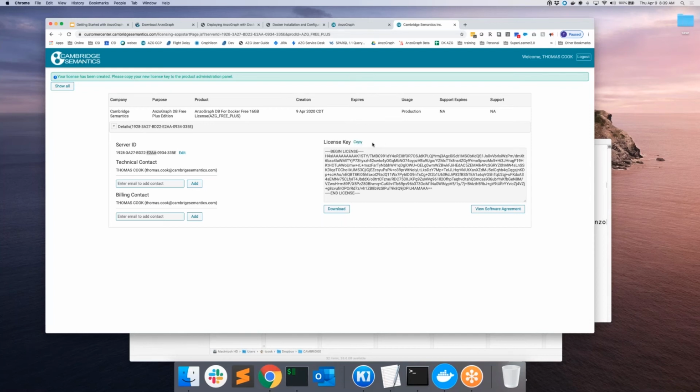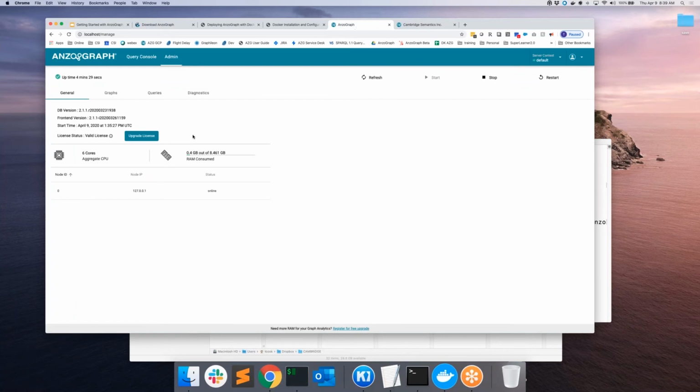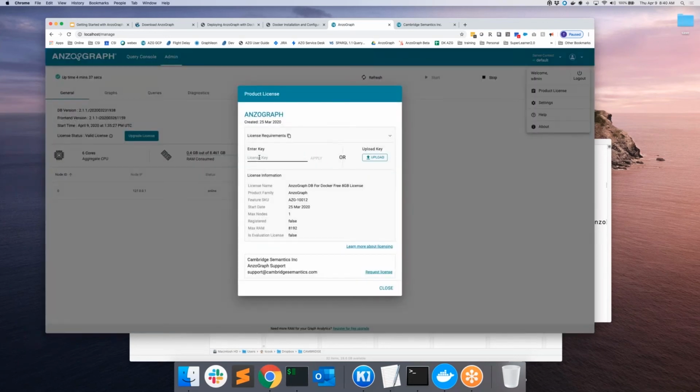So you can copy this by selecting this copy button here. So we copy that and we go back to our AnzoGraph admin, and then over here in the top left, we can go to product license. We select that and we can paste our license key in here that we just copied from the other page,